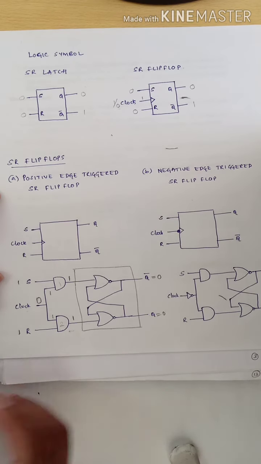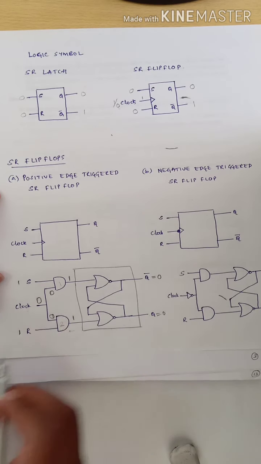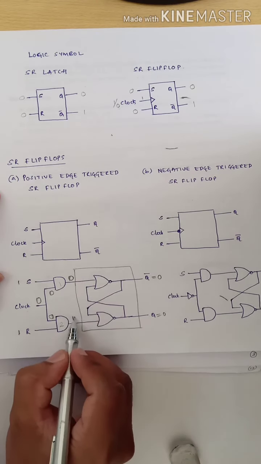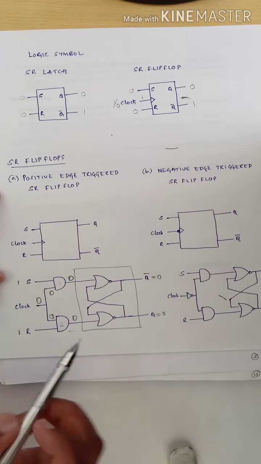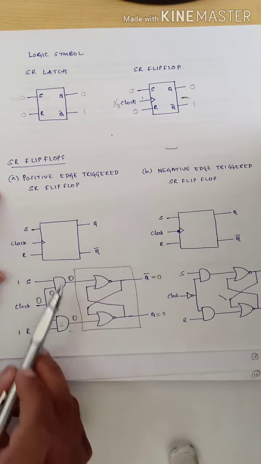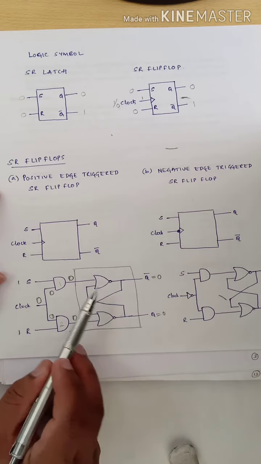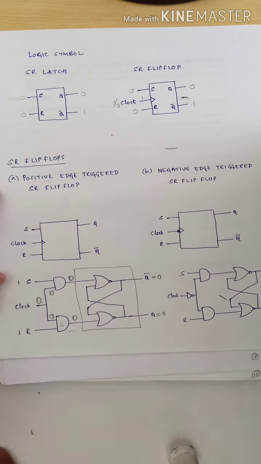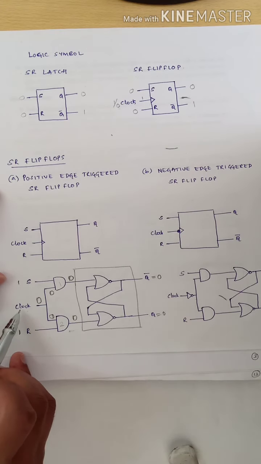If that is the case, the input to this first AND gate is 0 and this terminal will also read 0, due to which the output of the first AND gate will become 0, and this AND gate will also become 0. So we have assumed the inputs as 1 1, but we have found the inputs to the SR latch as 0 0. In the previous class we have seen the truth table of the SR latch. From the inputs 0 0, we know that the output will remain no change. So the output will remain the same.